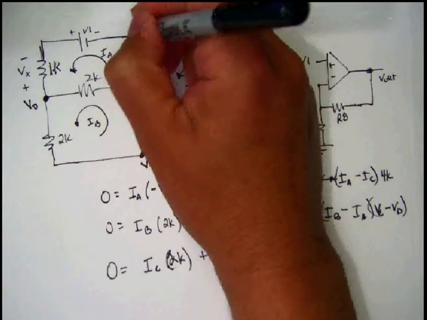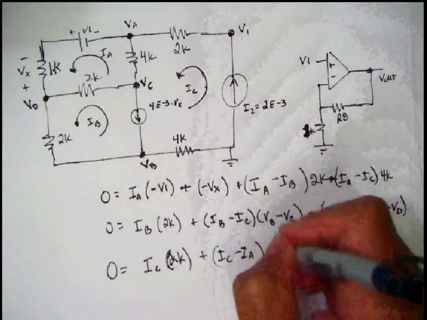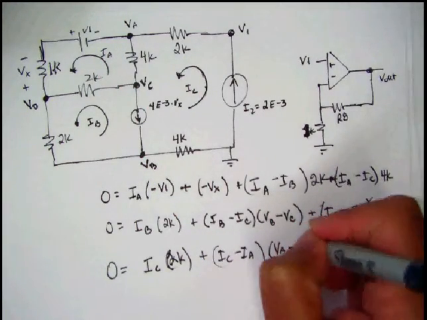We're going to need another variable here. Let's call that VA. So VA minus VC,